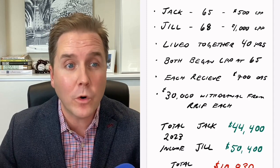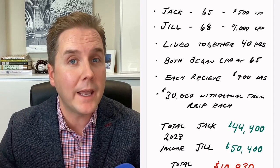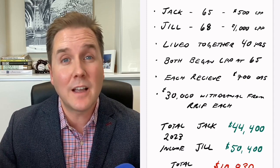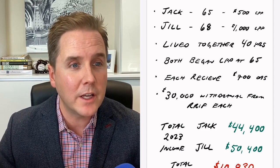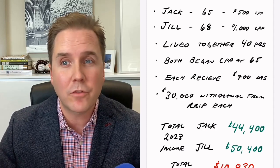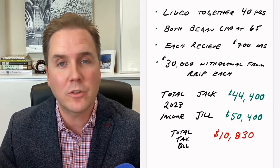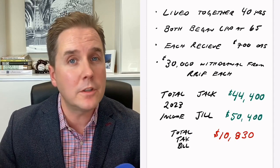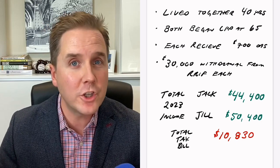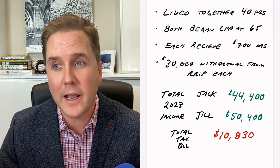They've lived together for 40 years. They are both in receipt of the Canada Pension Plan benefit, and they both began taking it at their respective age 65. They both receive $700 per month in old age security, and they're both withdrawing $30,000 per year, respectively, from their RRIF accounts. So their total income on their tax returns for 2023, before we talk about CPP pension sharing, for Jack will be $44,400. For Jill, it will be $50,400. And their total tax bill, I estimate at